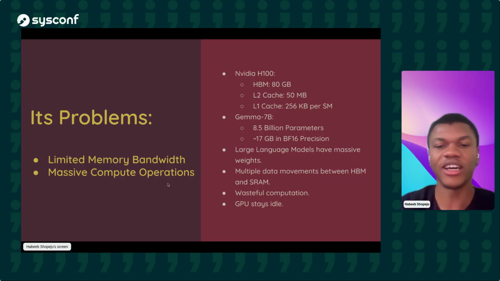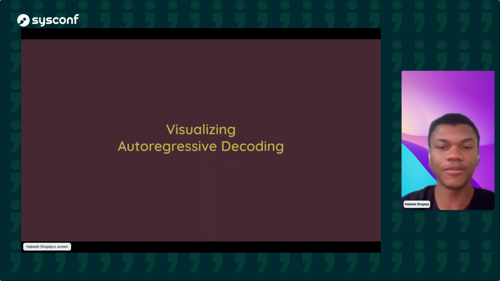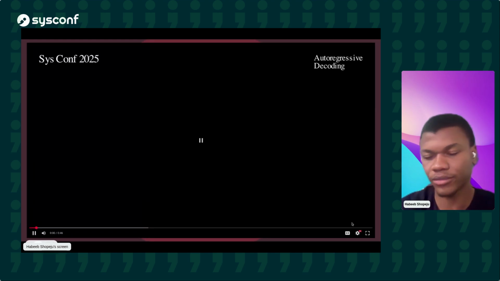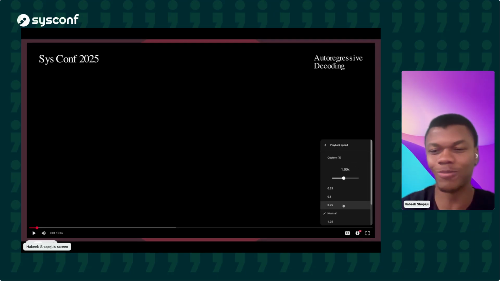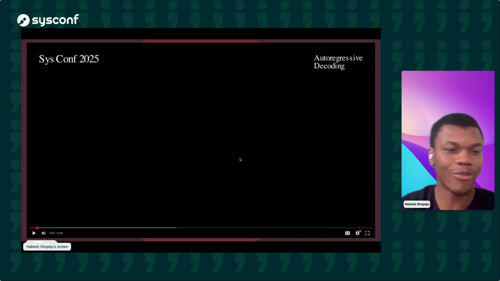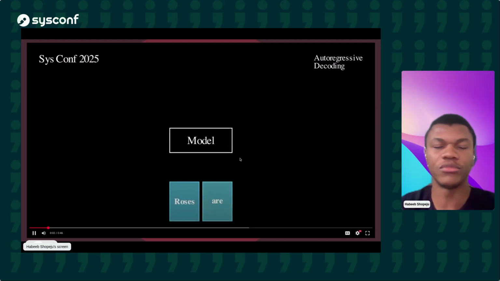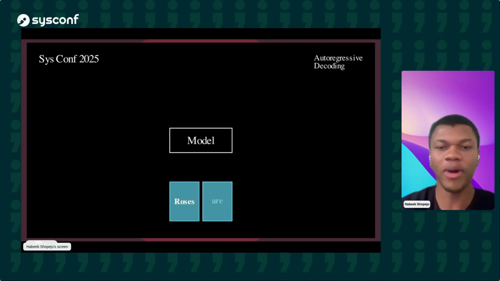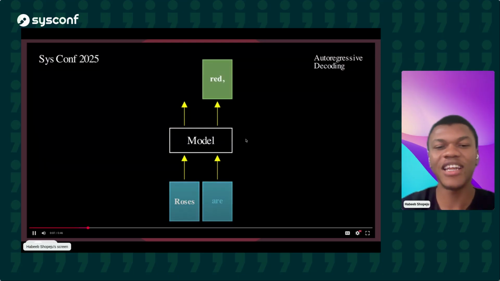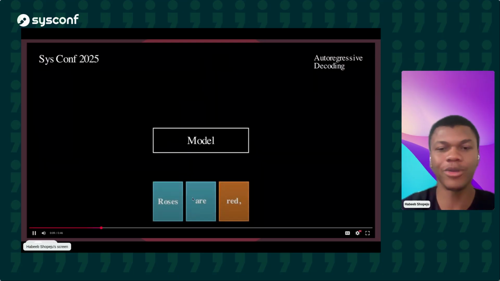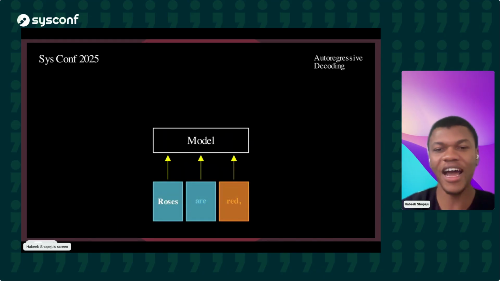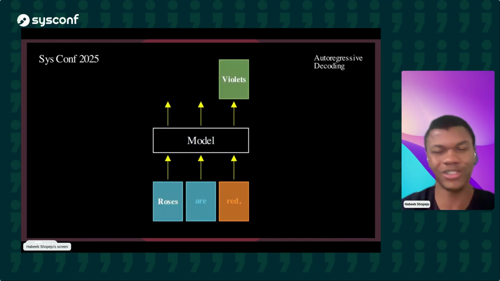I already mentioned earlier that we generate one token at a time, but I can show this via a quick animation here. It's my first time doing this, so I hope it goes well. When you are doing autoregressive decoding the naive way, you pass in your prompts, that goes into the model, and it generates the output. That then comes back in as the input, and all three tokens go into the model and generate one token. Not one, multiple, but we only use the last token here.